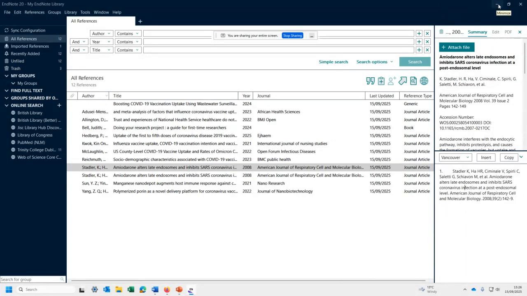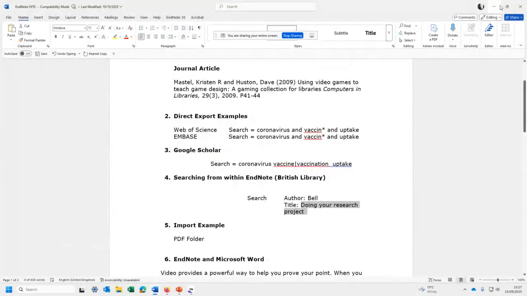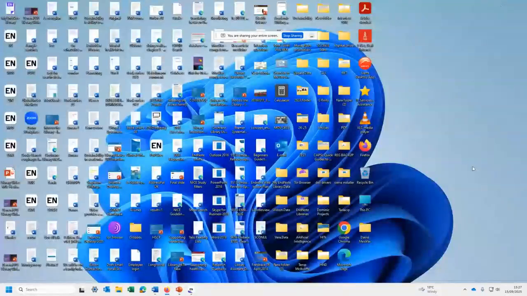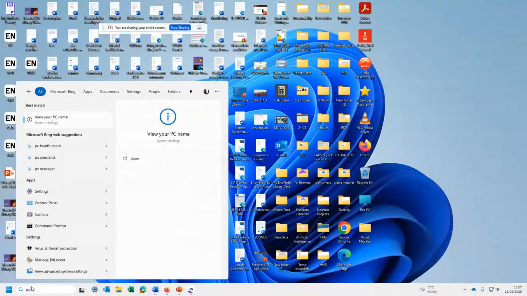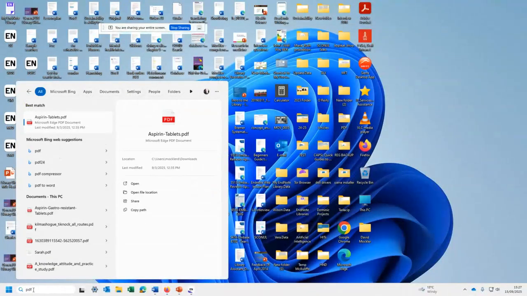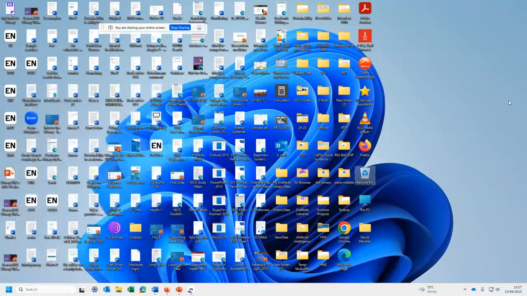Okay, so one other thing that you may want to do, and I'm just going to minimize so you can see my messy desktop. One thing I want to show you is I should have a folder here with some PDFs on it, if I can find it. Gone. Hold on, just bear with me one second now. Just don't know what I did with it. Oh, there it is, PDF.